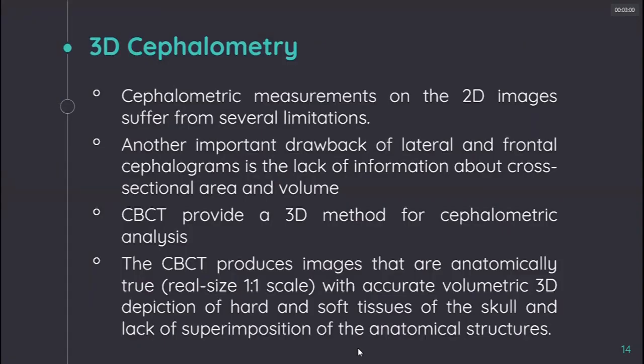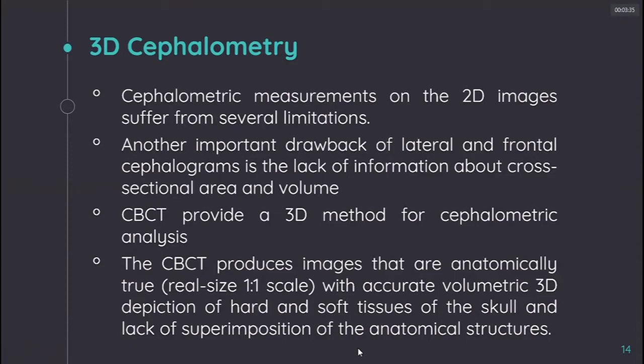Now 3D cephalometry. Cephalometric measurement on 2D images suffers from several limitations, and the most important drawback is that lateral and frontal cephalograms lack information about cross-sectional area and volume. But CBCT provides a 3D method of cephalometric analysis. It produces images that are anatomically true, that is real size, 1:1 scale, with accurate volumetric 3D depiction of hard and soft tissue of the skull,